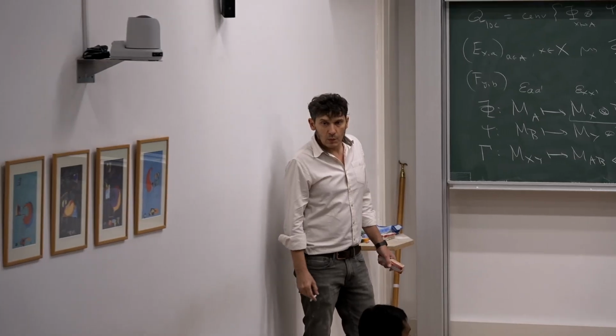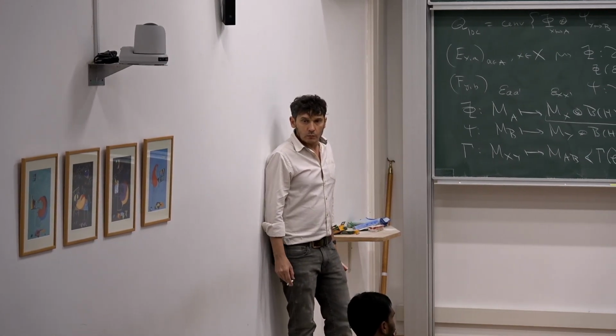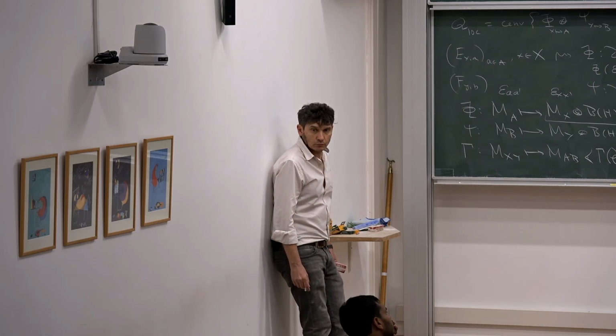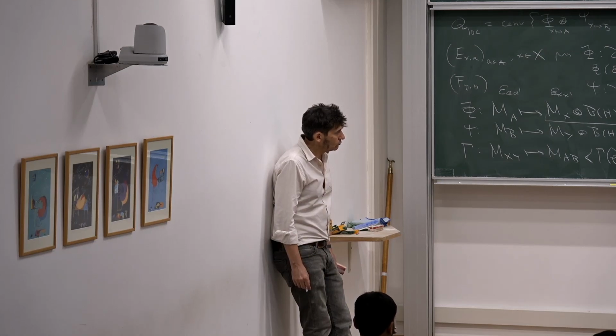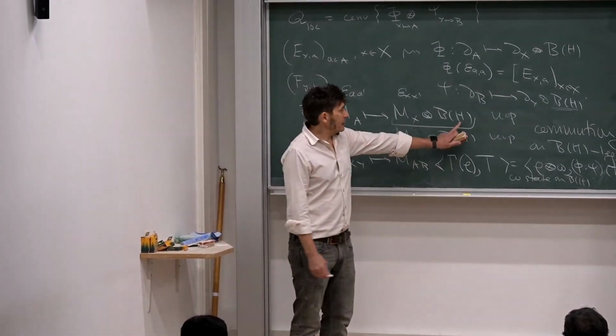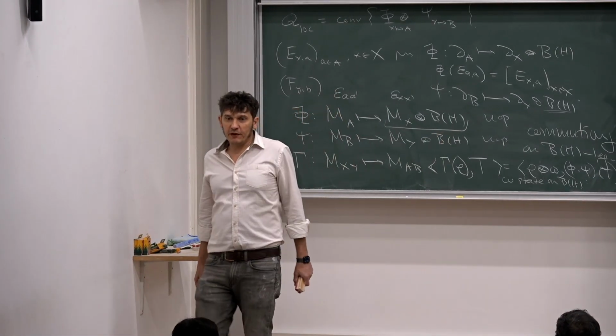Okay, I understand mathematically, but usually the commuting operator framework arises where we say, if I have this Alice and Bob, then your actions should commute. One way I can enforce it is with tensor product, right? But then I have this more general way of enforcing it with the commutation requirement. So now this phi and psi, I should think of B of H as kind of this shared system. Yeah, it's the shared system. So this will be the tensor product in the tensor framework.